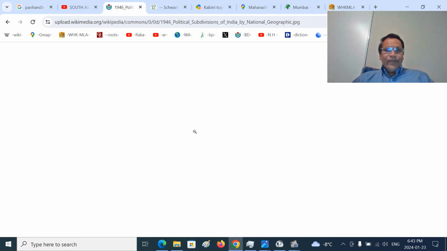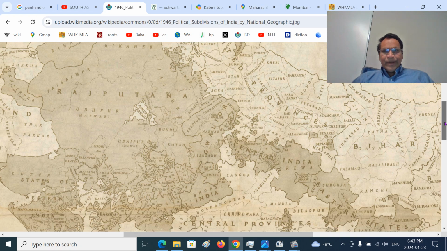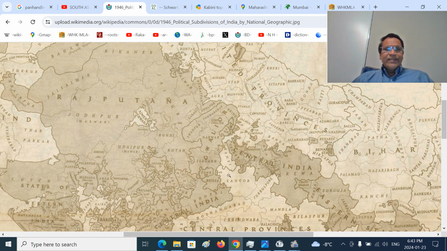So I will show the historical maps. You can see this, the pre-Radcliffe map. You can see almost this is the Jhansi, Lalitpur districts, a panhandle. All princely states. Rewa is a prominent princely state. Later this becomes Vindhya Pradesh. Temporarily Rewa was the capital. This is Gwalior, ruled by the descendants of Mahadji Scindia.